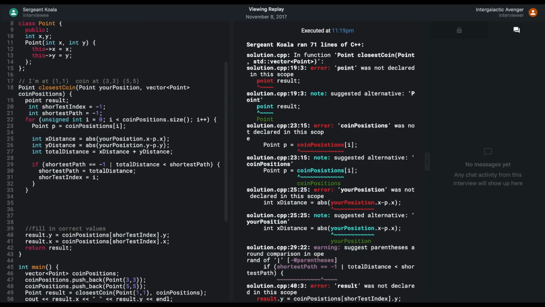I think you have to reset and run. So much you had to reset it. Point was not declared in this scope. Point result. It was not declared. Oh, that has to be capitalized. That's the issue there. Error. Coin position was not declared in this scope. It's probably the same sort of coin position. Oh, I put an S on it. Should be the same. Oh no, it's misspelled. Yeah. I misspelled it. Right here,